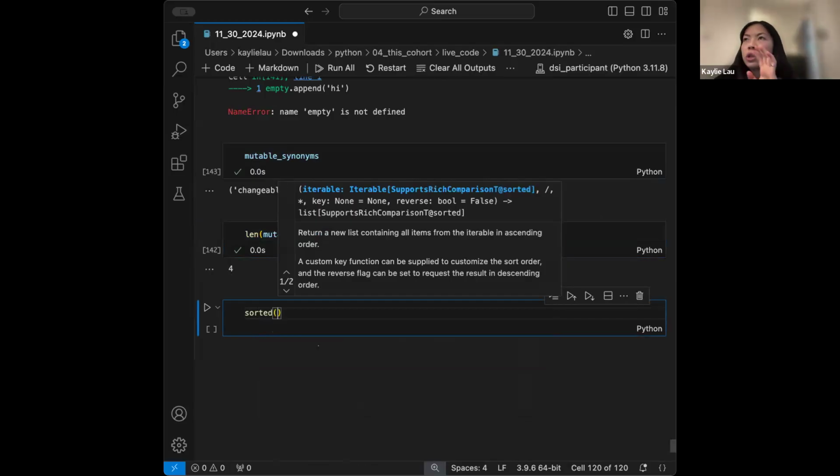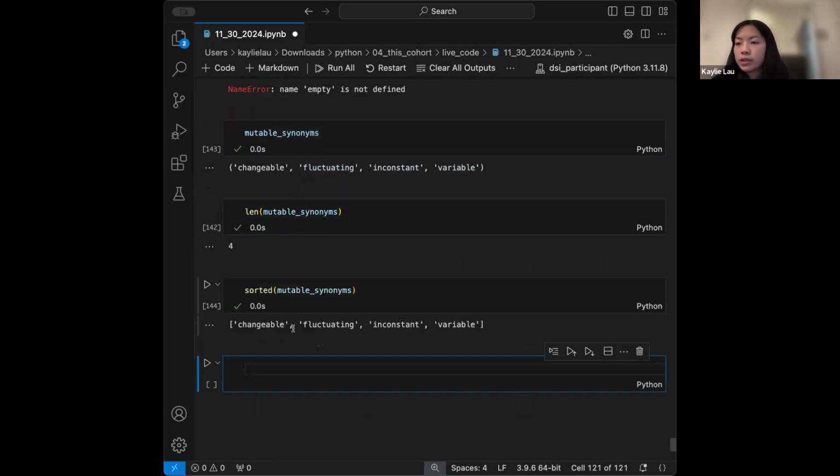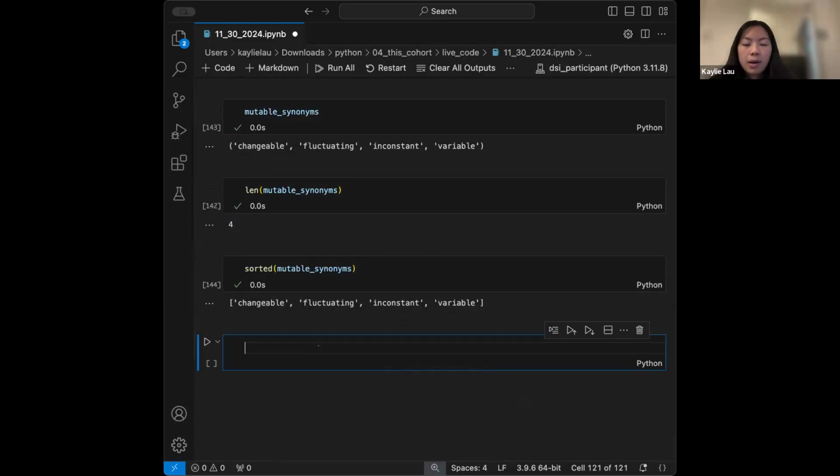Because it's not changing the original in place, it's returning back a new value, which is fine. Sorted returns back a new one, but it has the same order because it's still in alphabetical order. And if I do mutable synonyms and apply the addition operator,